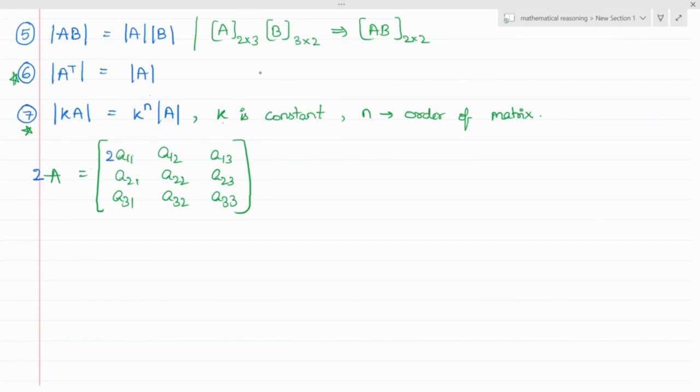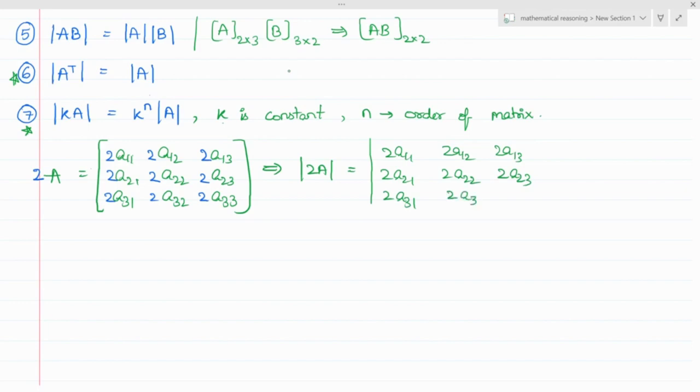So it gets multiplied with each and every element in the matrix, right? So this is a 2A matrix. But now you need to take the determinant of this. That is determinant of 2A will be determinant of 2A11, 2A12, 2A13, 2A21, 2A22, 2A23,